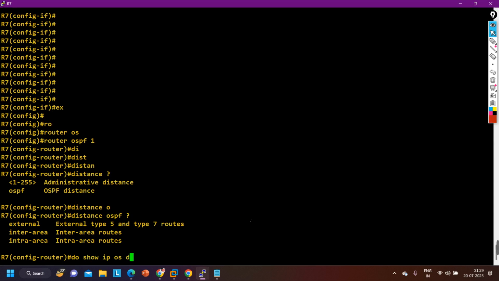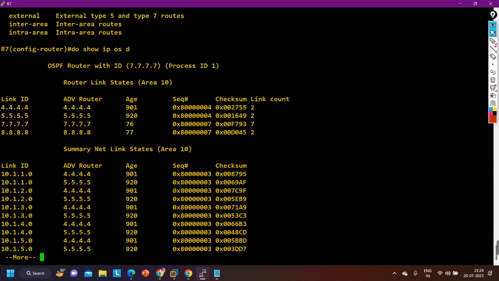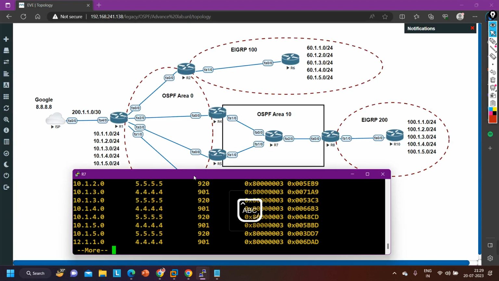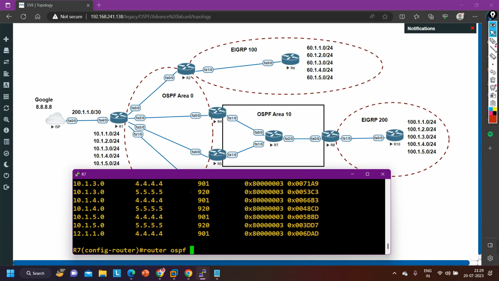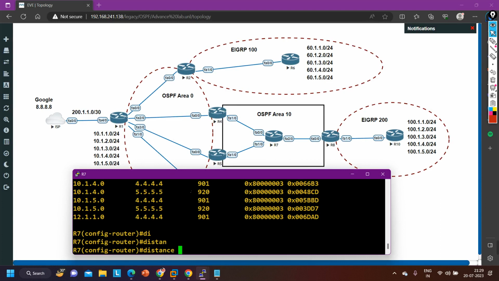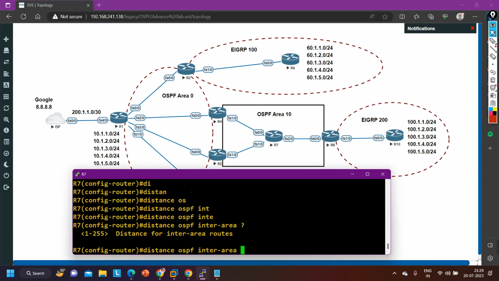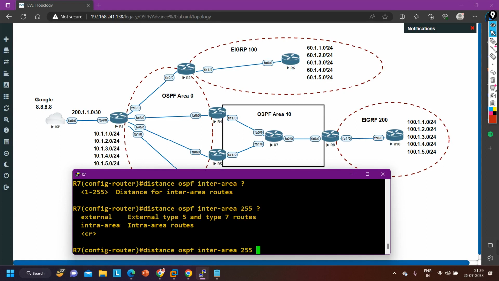So show IP OSPF database. You can see both routers are advertising it. Done. So I want to set the distance value, distance OSPF. I want to set the distance value for inter area prefixes, inter area, and then the AD value. So I will set the AD value what? 255, and after that